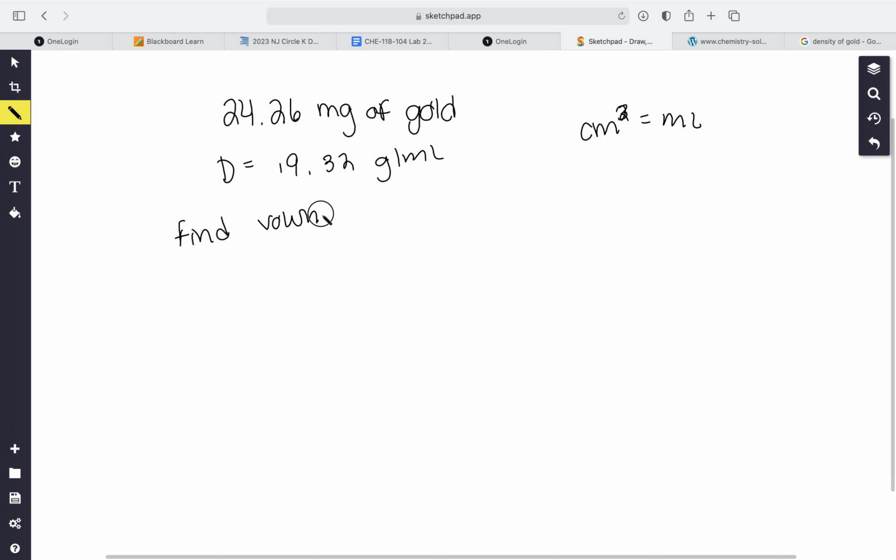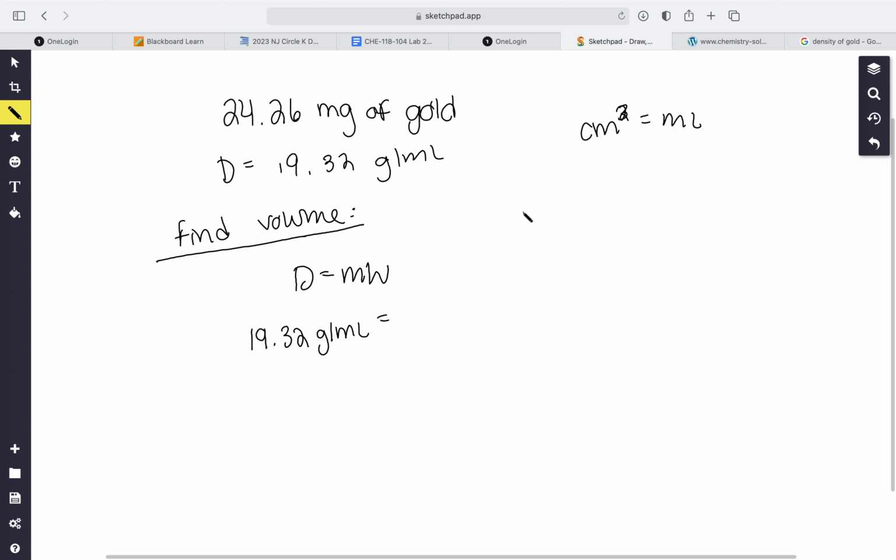So these are the values that were given, and we want to find the volume of this thing, right? So we know that density is equal to mass divided by volume. This could be a practice question, so you guys can pause and try it yourself if you'd like to. So we're going to do 19.32 grams per milliliter is equal to